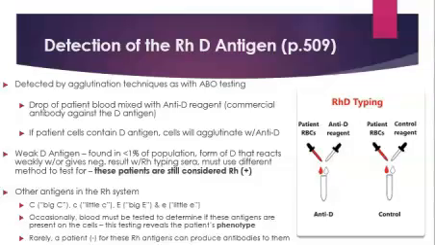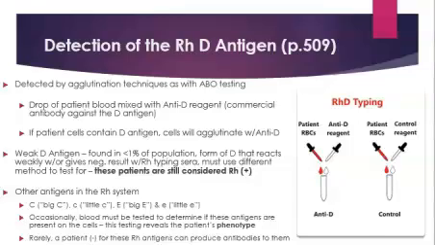There's a few other antigens in the Rh system that we want to mention. There's a C, or what's referred to as a big C, a little c, a big E, and a little e. Occasionally, these antigens are tested for, but not always. If they are tested for, this reveals the patient's phenotype. You'll learn a lot more about the different blood groups and phenotypes when you get to your blood banking class,